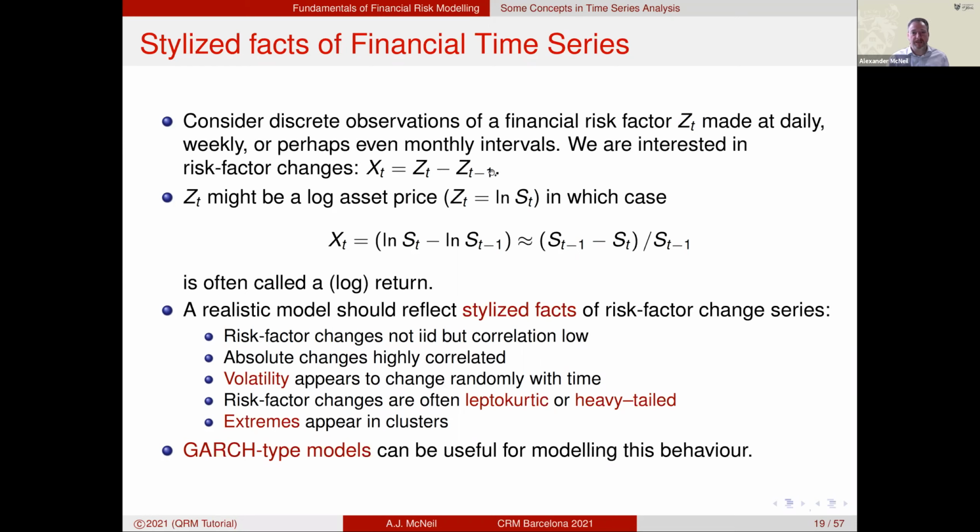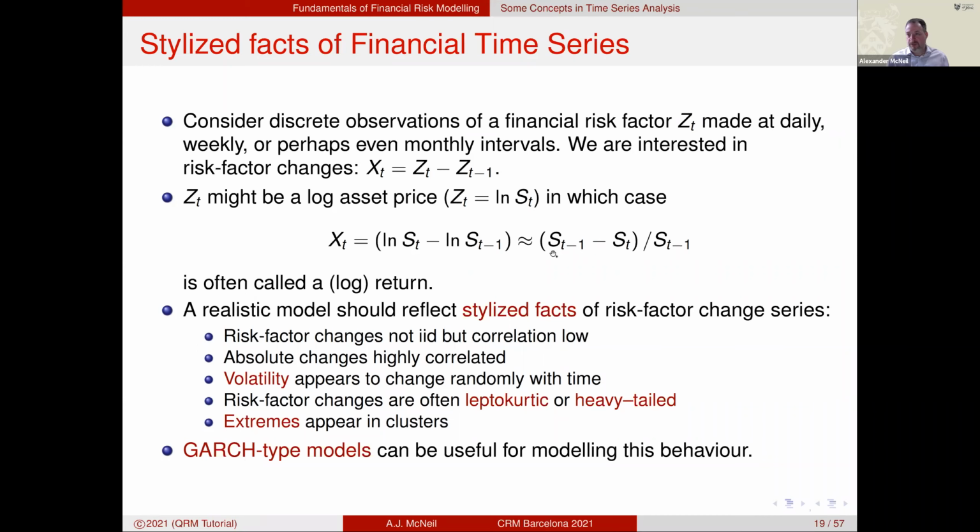And so XT is the change in the value of the risk factor. If the risk factor is simply an asset price, in fact, we would tend to take a log asset price. So if these were just index trackers or individual equities or something, then the risk factor might be the log price. And in that case, XT would be what's called a log return or a log difference in price,